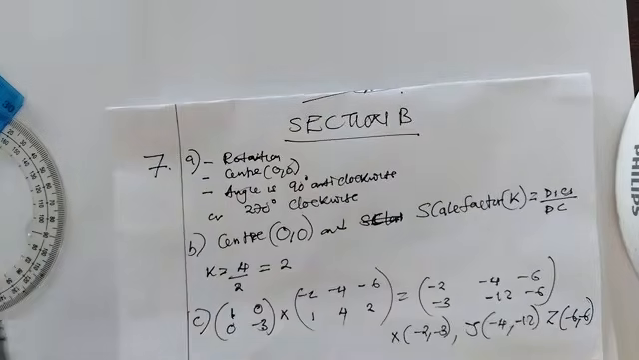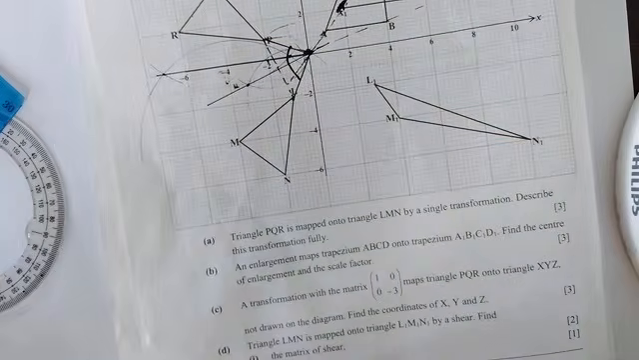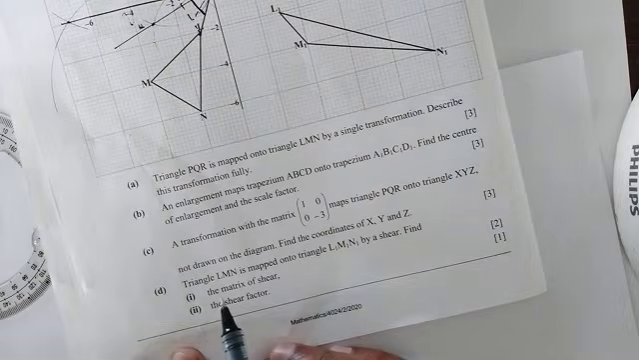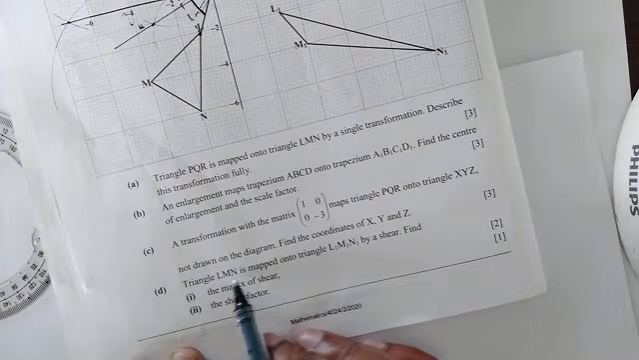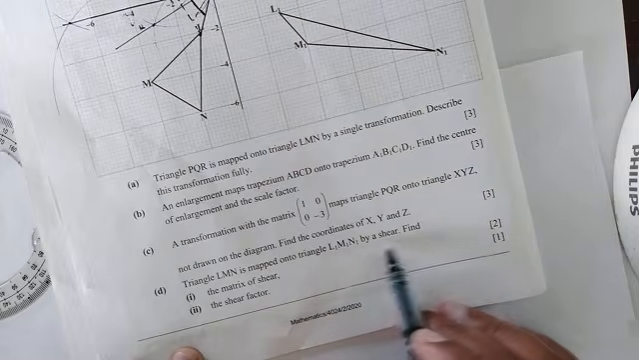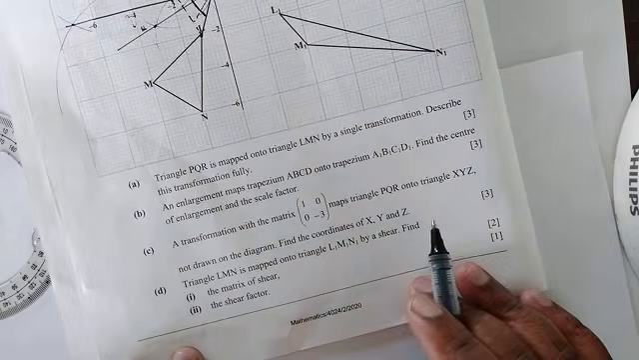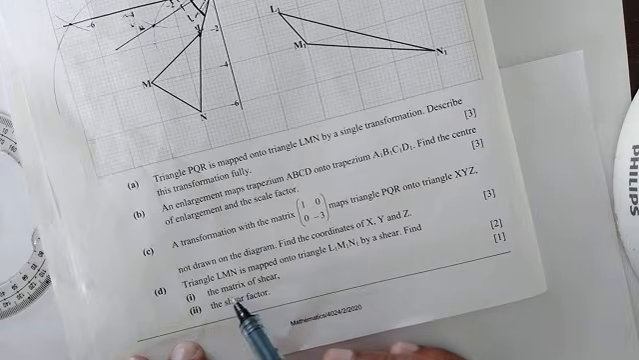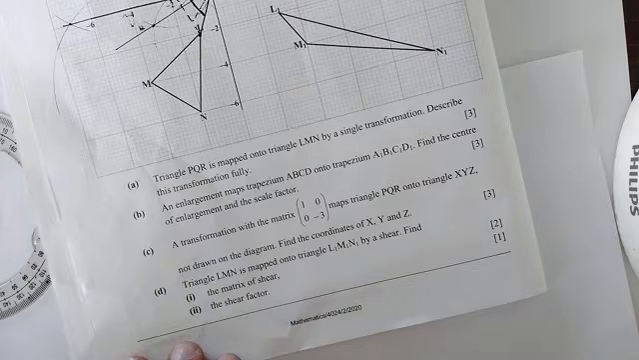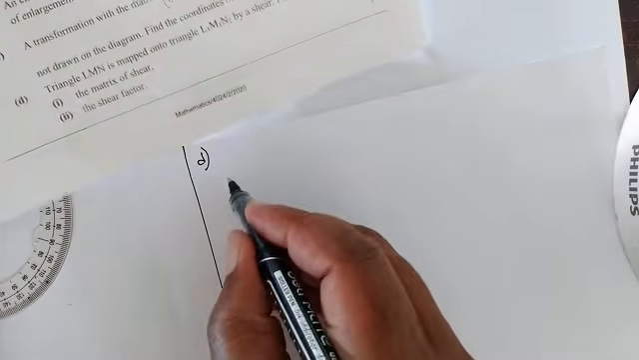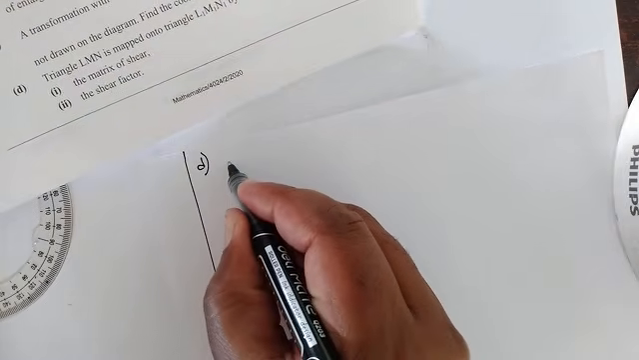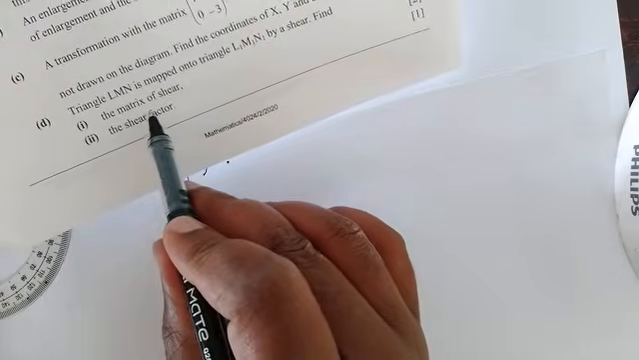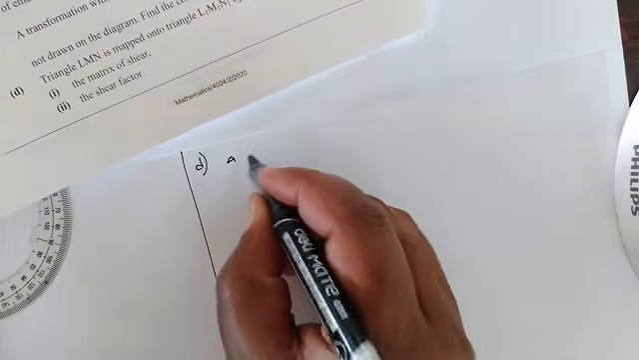So triangle LMN is mapped onto triangle L1, M1, and N1 by a shear. Find the matrix of the shear and the shear factor. Here we can use two methods. You can say, if I multiply the matrix that I'm looking for, the matrix of shear,